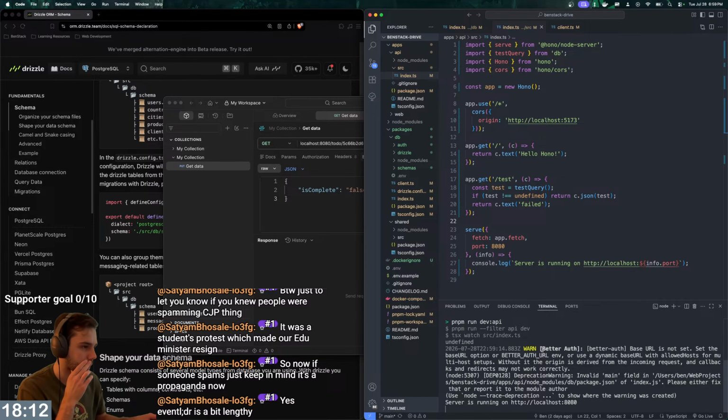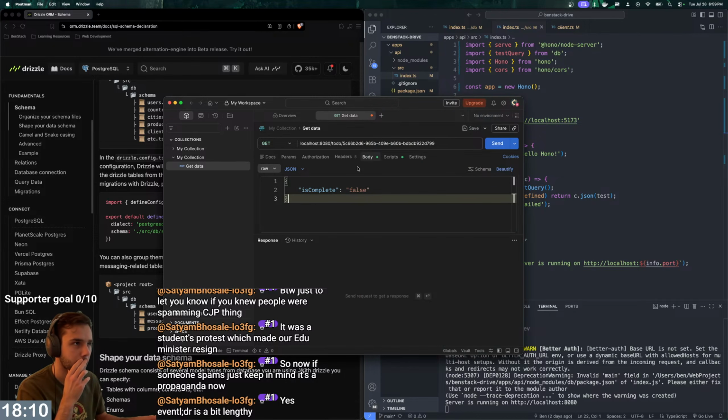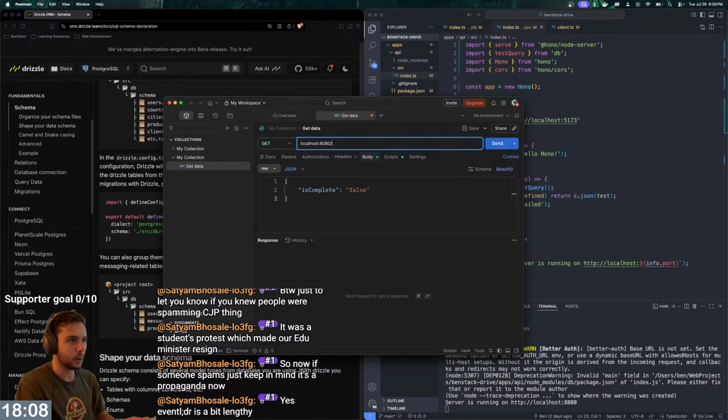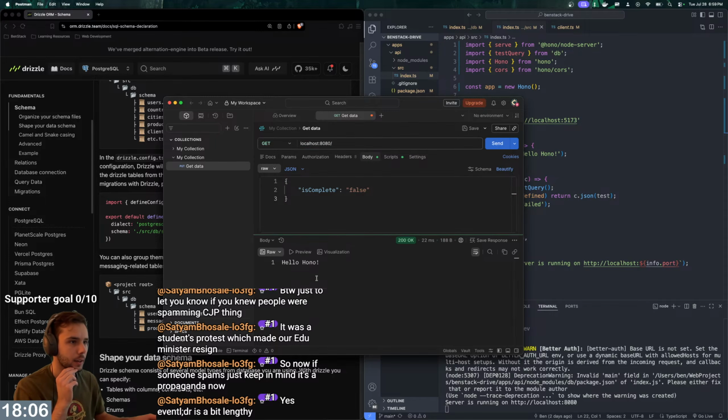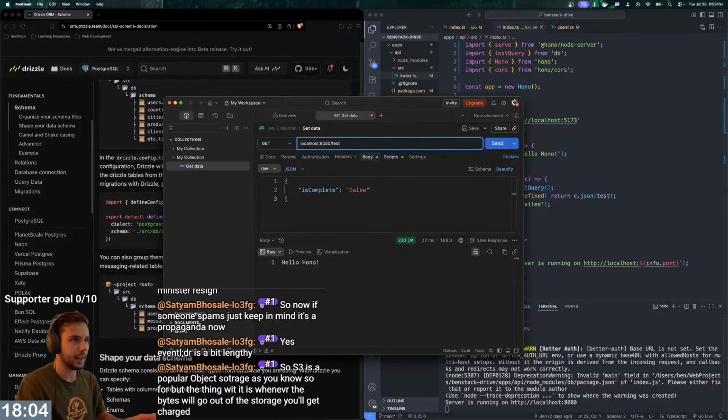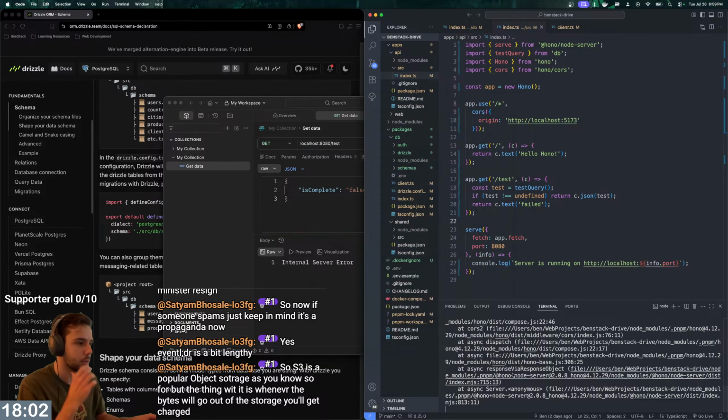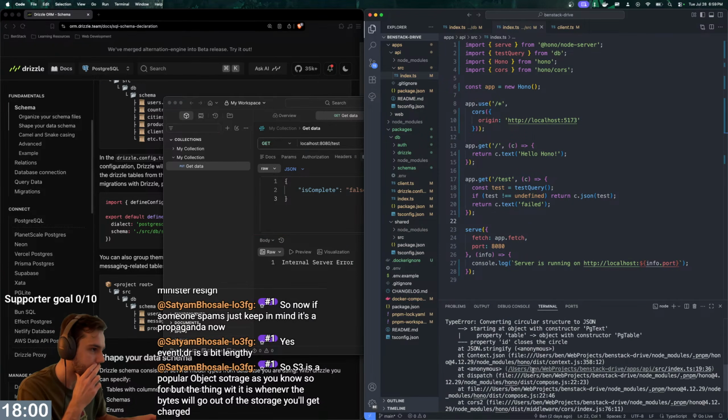Better Auth base URL is not set. Okay, so I'll deal with that after. So if we go to just the root, we should get Hello Hono, and then if we go to test, we should get, okay, so we got an internal server error, which means that